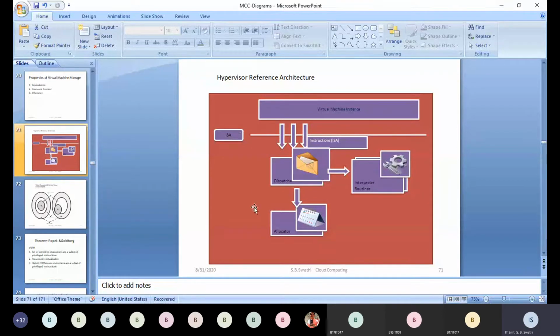Below ISA, what do we have? Any VMM will have three interfaces: ISA, the application binary interface, and the API. So ISA will handle which layer?